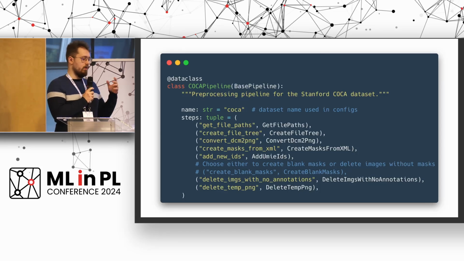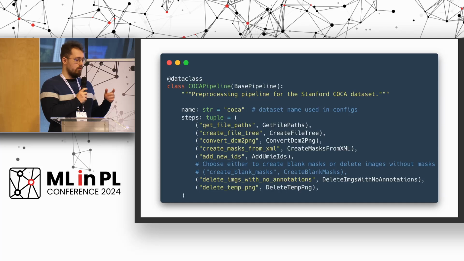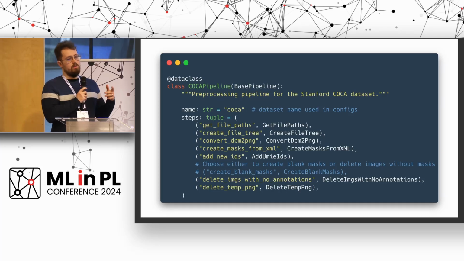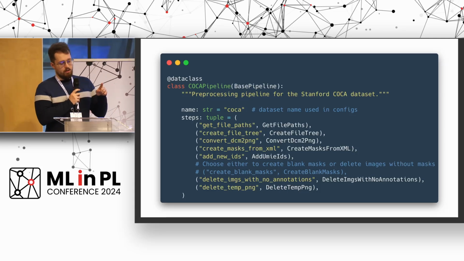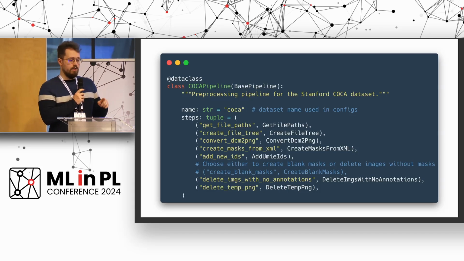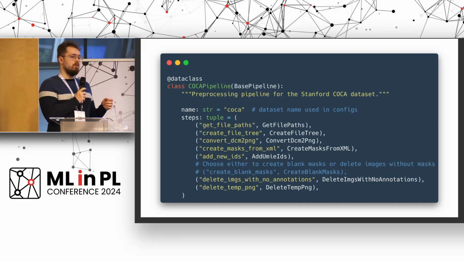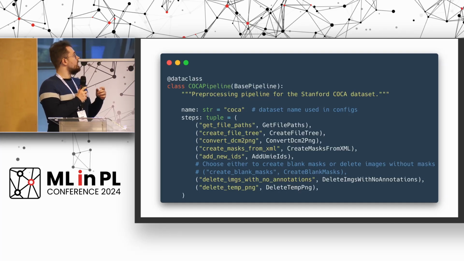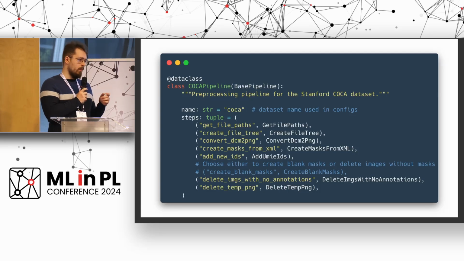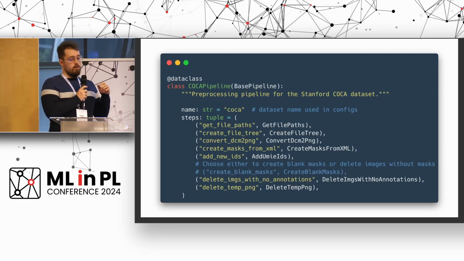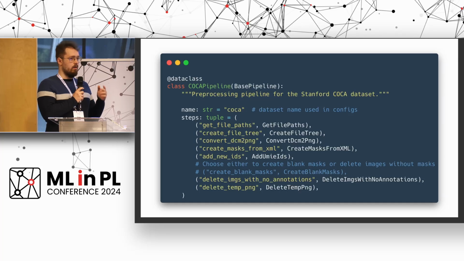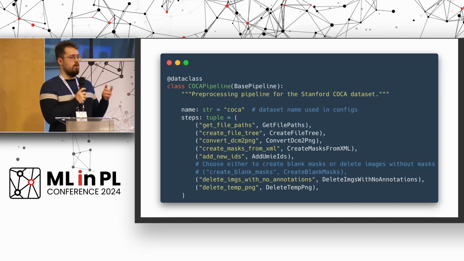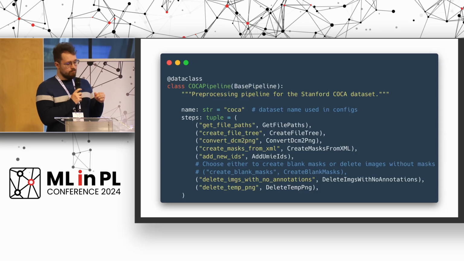Our pipelines are sets of universal steps, so you can easily use them for processing all your datasets. For example, let's take the Stanford COCA dataset, which has images in DICOM format and masks in XML. In DICOM format you can store images in PNG, JPEG,